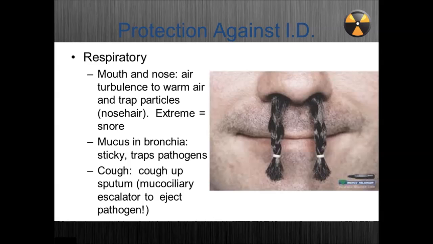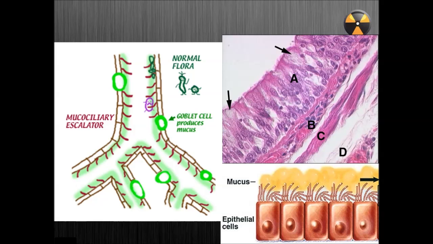Just like it sounds. Inside your respiratory tree, where the airway splits into the different lungs, there are these little hairs. And this is an actual microscopic picture. You can see these little hairs on the surface of the cells. Those little hairs are constantly beating like a fan like this. And they make mucus, and they're constantly beating things up. So if bacteria get stuck to this mucus, because it's sticky, then it's constantly pushing this up.